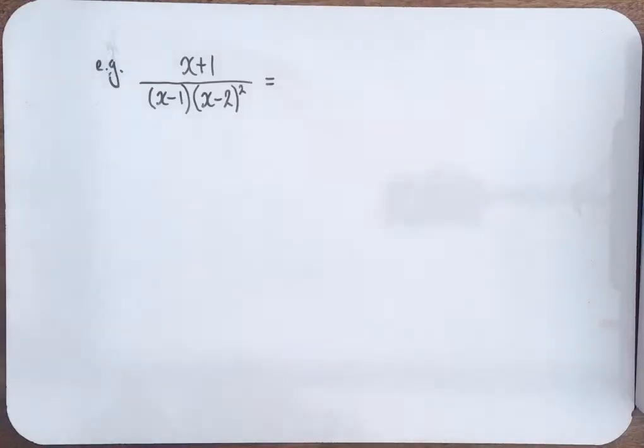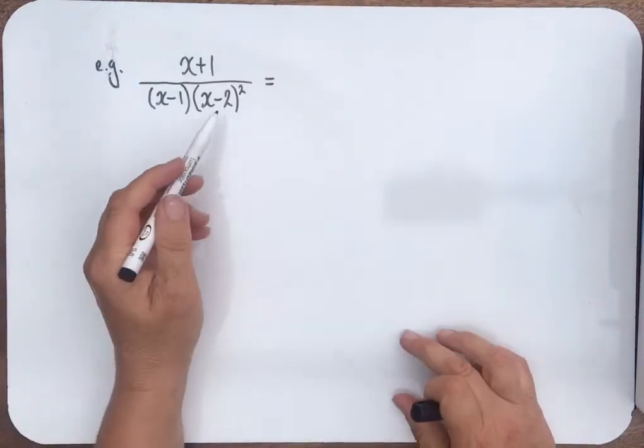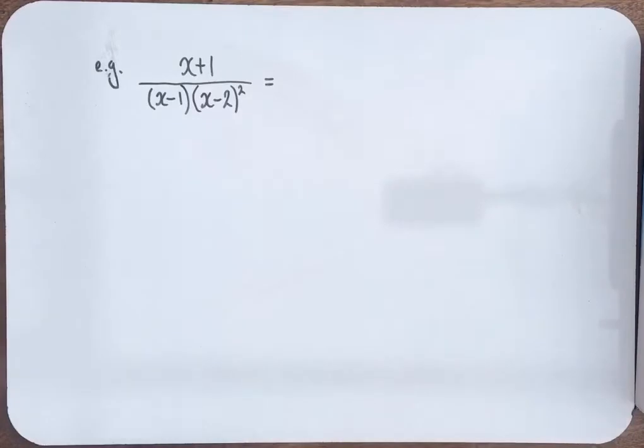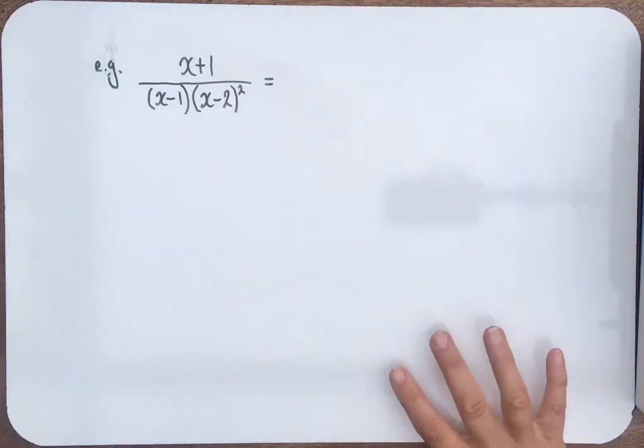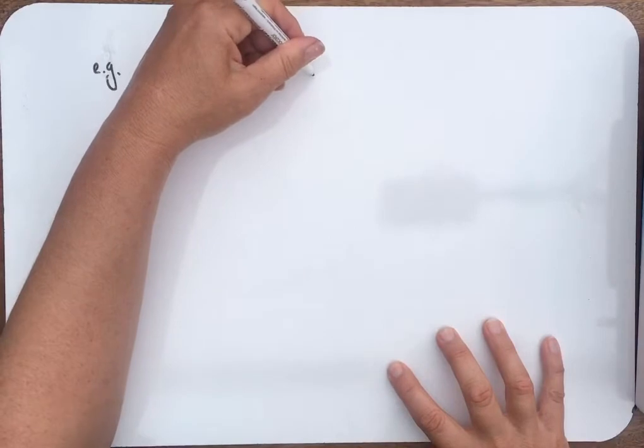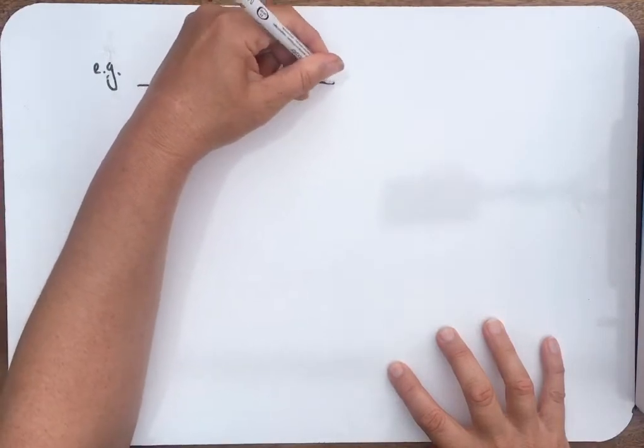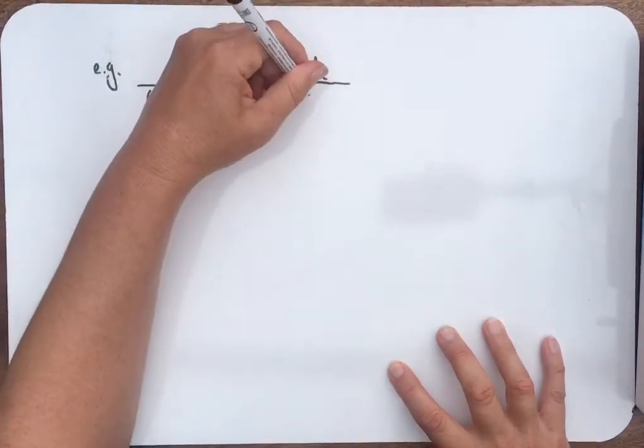Okay, so here goes for an example with a repeated linear factor on the denominator, which has been squared. So the first thing to do is get the form correct. So you need to do A over the first bracket, which is x minus 1,